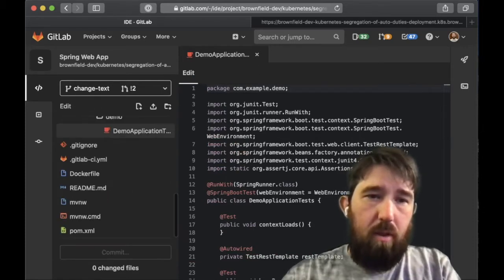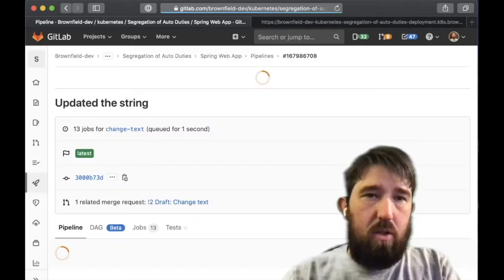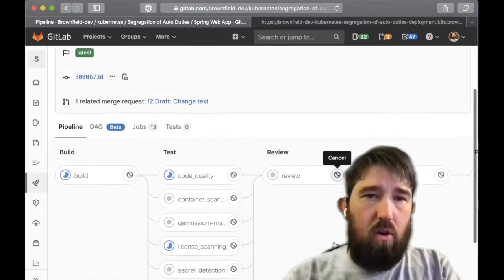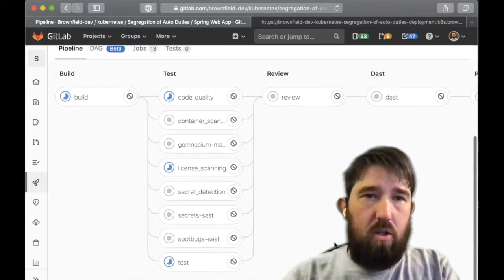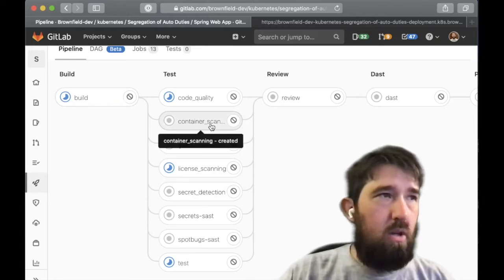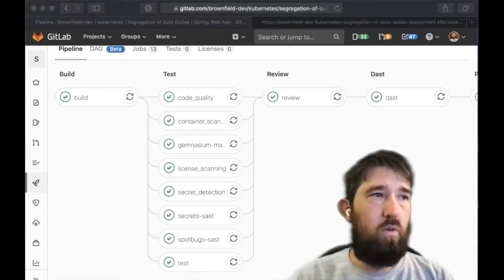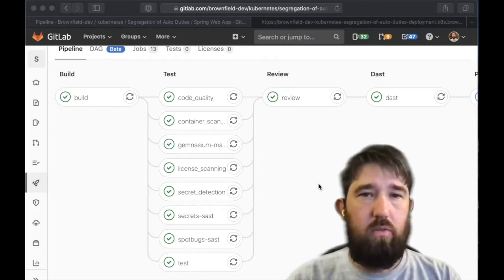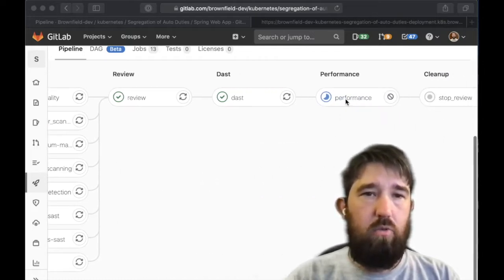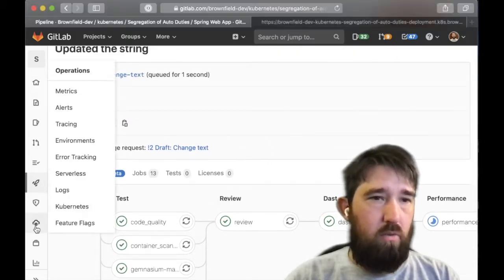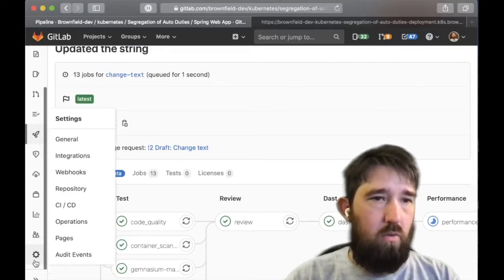So now we get a pipeline. This will be an interesting thing to look at because I used the Auto DevOps templates here, which means we have lots of jobs to do. I'm going to go ahead and pause. All right, we gave the pipeline some time to pass. Everything looks fine. Still doing performance test, but don't really care too much about that one because right now we